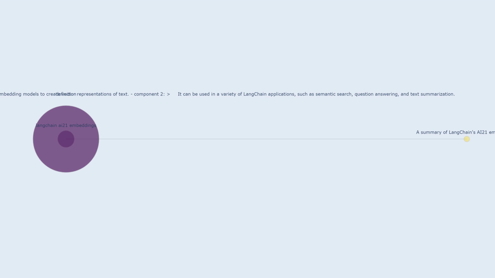For example, it could represent the sentence "The cat sat on the mat" as a set of numbers that capture the relationship between the words cat, sat, on, and mat. Component 2. This component can be used in a variety of LangChain applications, such as semantic search, question answering, and text summarization. For example, in semantic search,